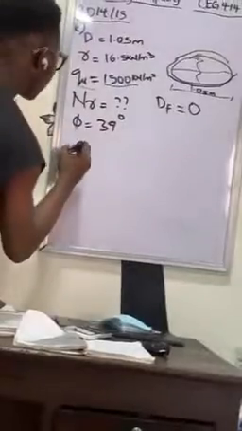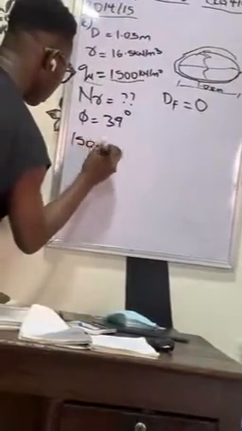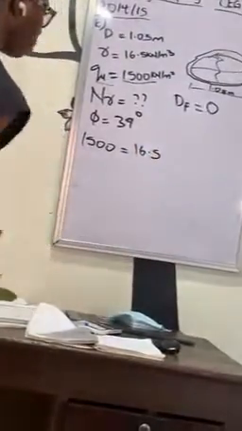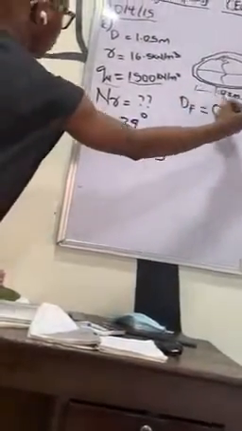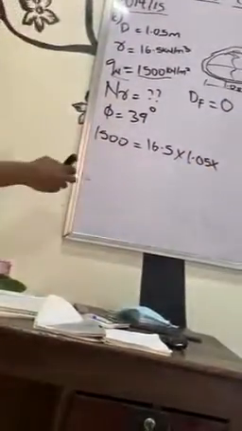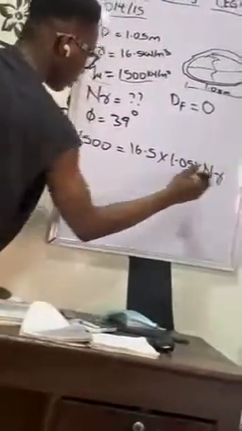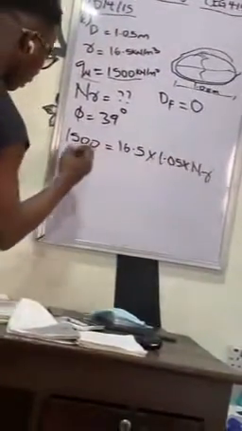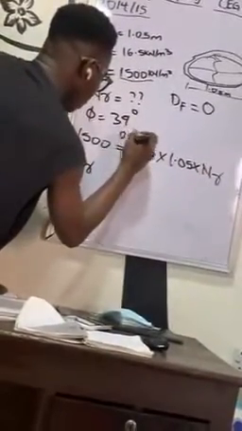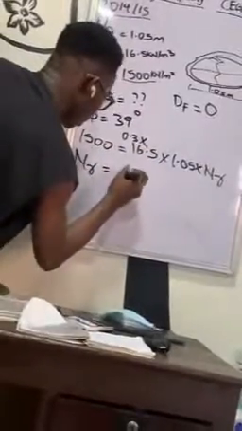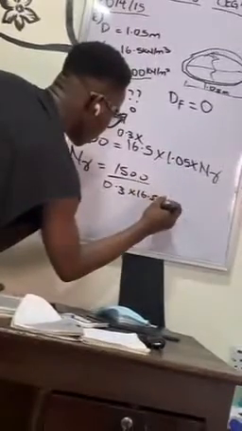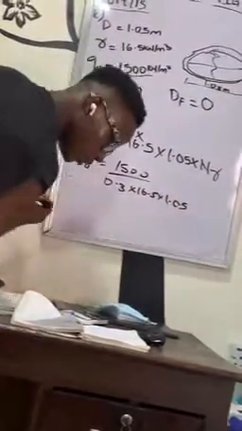We have our Q given as 1,500. We have our gamma as 16.5. Here our B stands as our diameter, which is 1.05. And our unknown that we're looking for is N gamma. Sorry, I missed out the 0.3, let us add it. So N gamma will be 1,500 divided by 0.3 times 16.5 times 1.05,